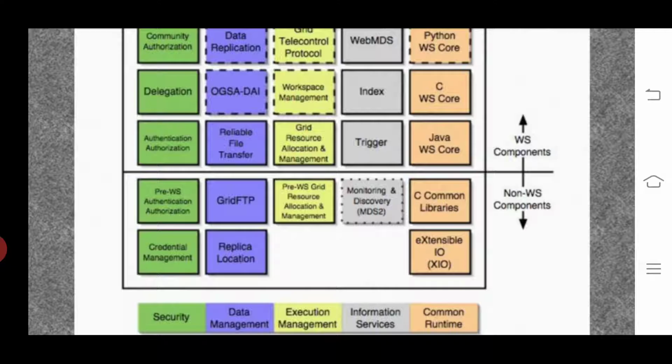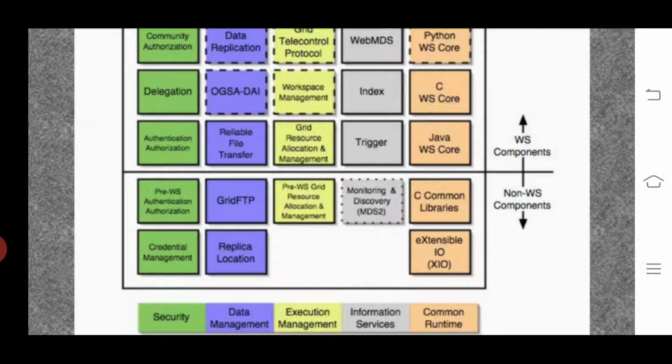The cement color indicates the information services: Web MDS, index and trigger, and monitoring and discovery services. And the last one is common runtime.